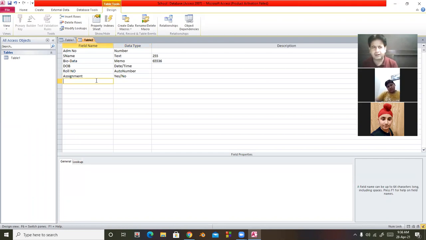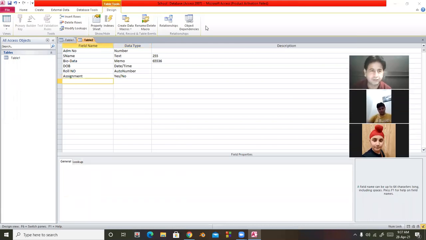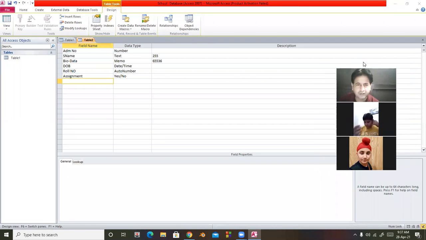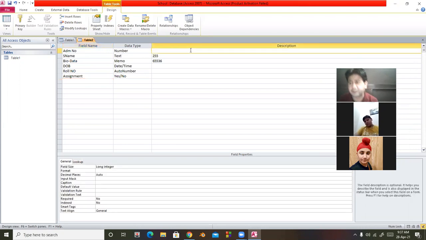First of all I will discuss these data types by entering the data, and later on I will discuss the rest of the data types. Okay, students, look at here. After entering the data, the important thing is that there is first field name, second data type, third description.